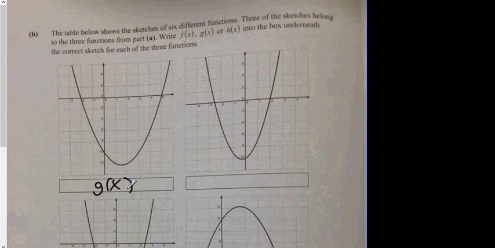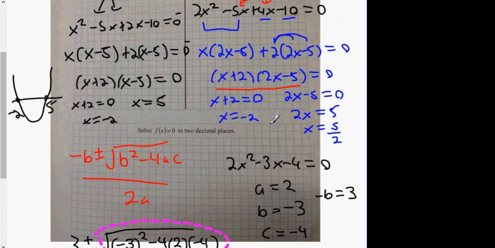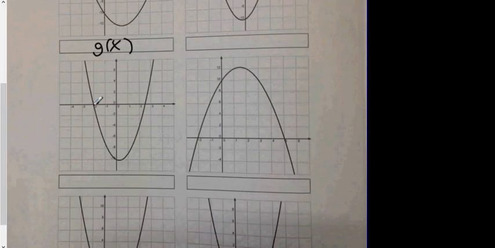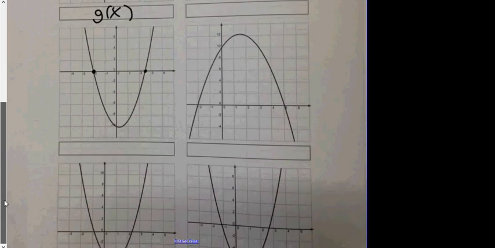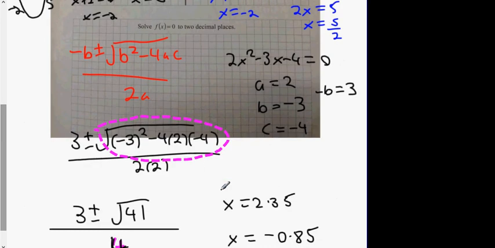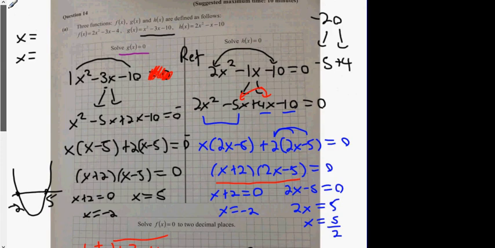Go back. I'm looking for a U-shaped curve that crosses at minus 2 and plus 2.5. Minus 2 and plus 2.5. Which one's this? This one here? h of x. And finally, I'm looking for an equation which is U-shaped because it has a plus x squared,